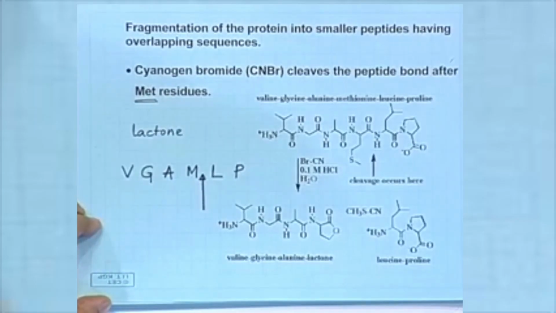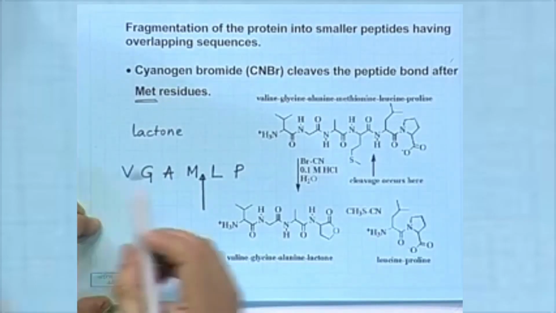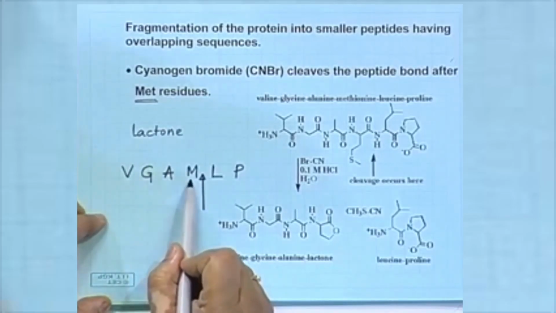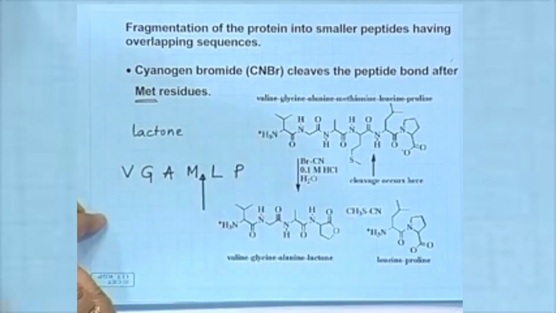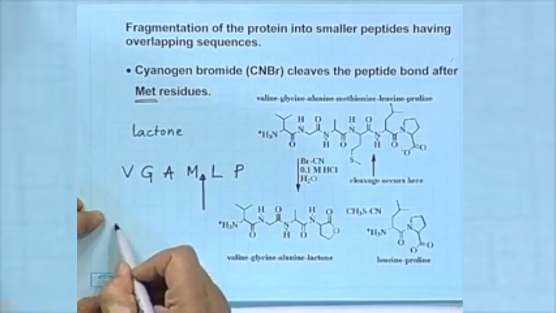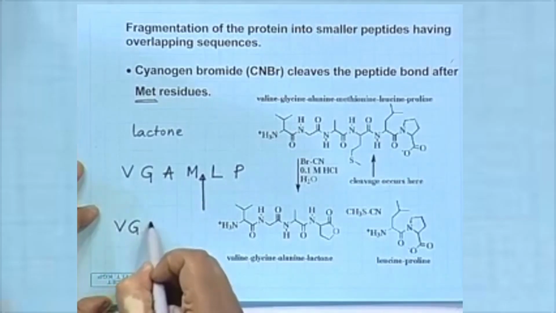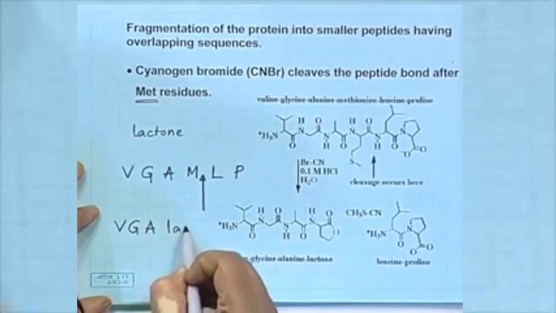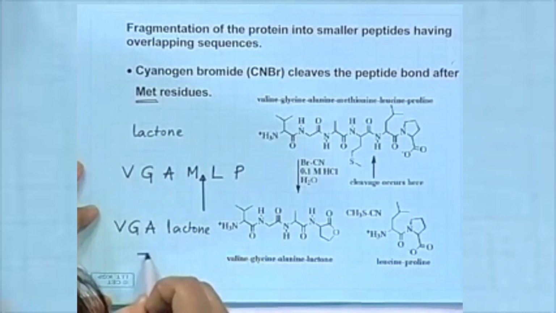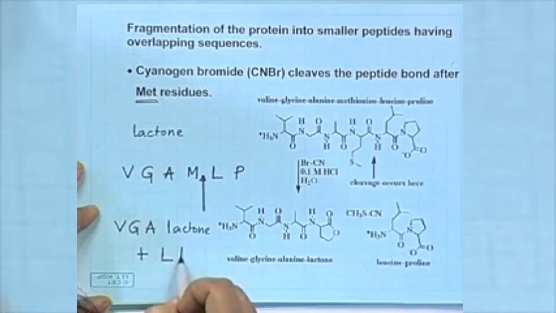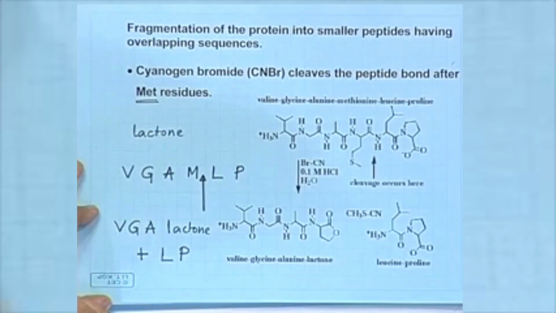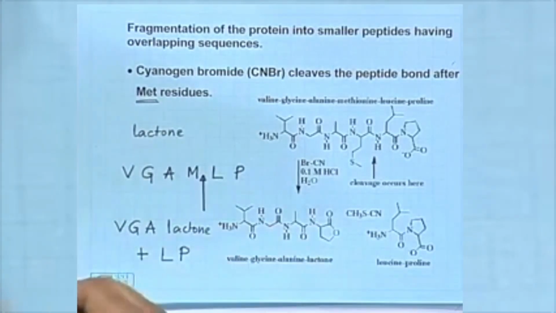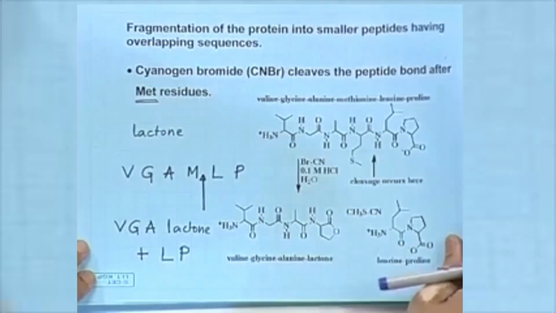And what would happen is the side chain of the methionine would go and link up with the cyanogen bromide. So what you're actually left with is a VGA lactone plus a leucine and a proline. Is that clear? Okay, let's just go through it once more. What I'm saying is that when we have a lactone formation,